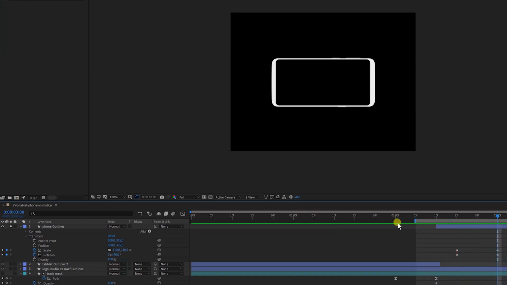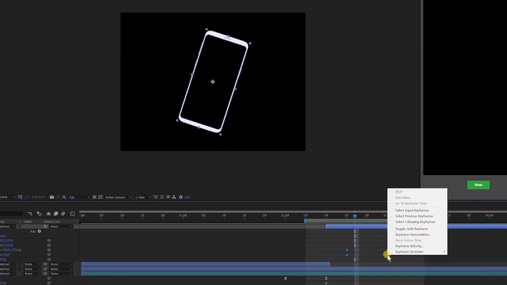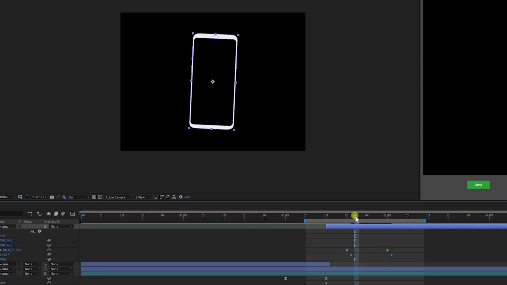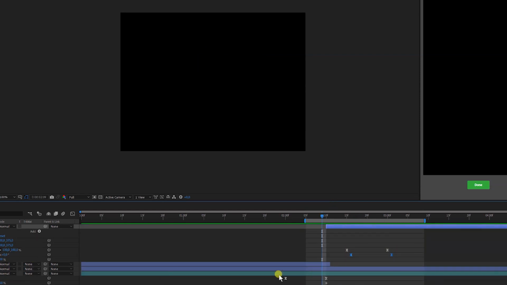This is very boring. So what we want to do is we want to ease this. So you can press F9 or you can do right mouse click and go to easy ease. And we want the rotation to be a bit later than the scale. So let's see how this looks. Still a bit boring. So what we are going to do is select the rotation keyframes by dragging your mouse,